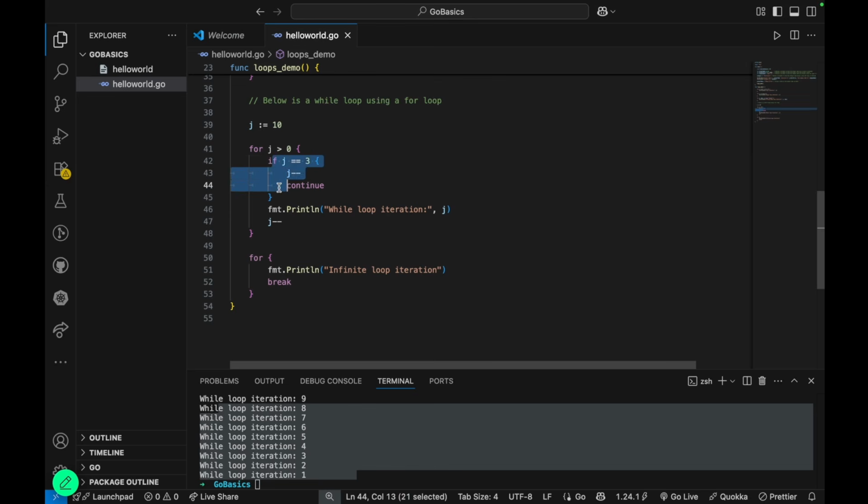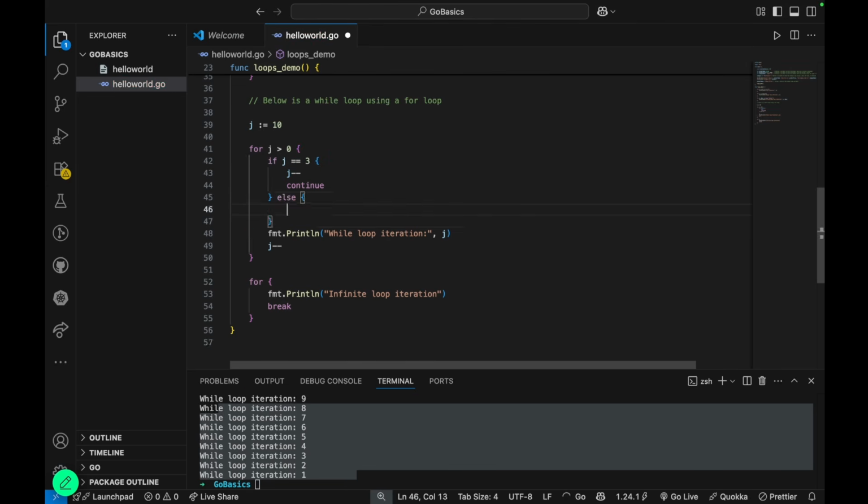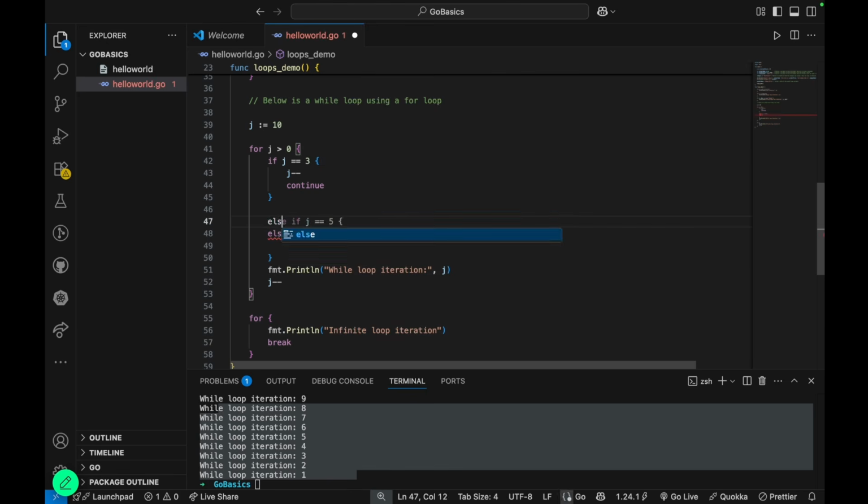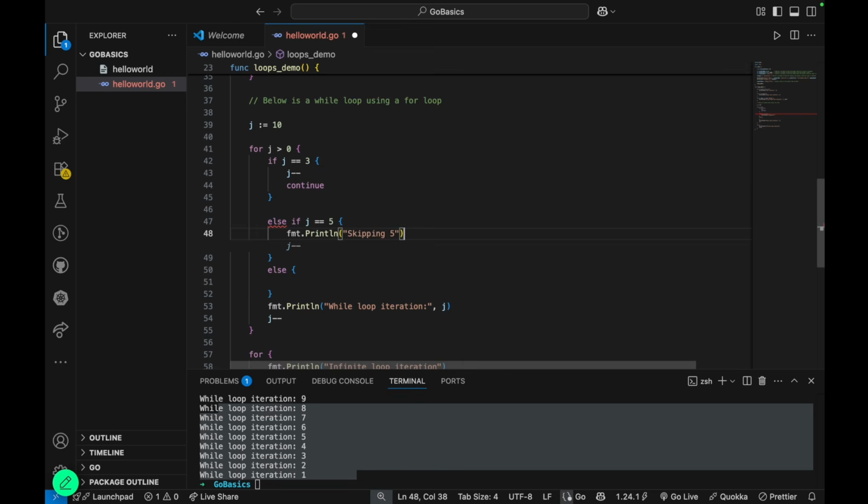Now, similar to what you have with if, similarly, you can also put an else, right? So this is how you can put an else block. And if you want to have an else if, you can also do that. So if you say else if, and then you can put a condition j double equal to 5, then let's say we just print skipping 5 and we just say j minus minus, and let's say we say continue. Okay, something like this. Now,